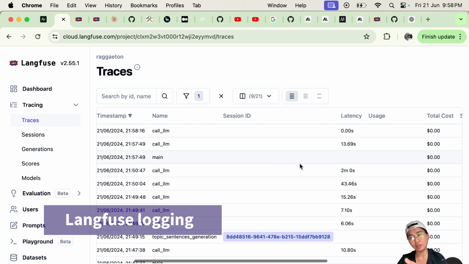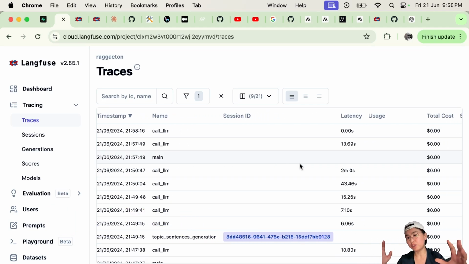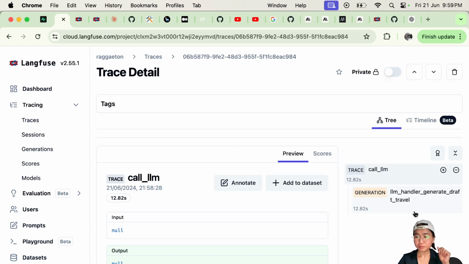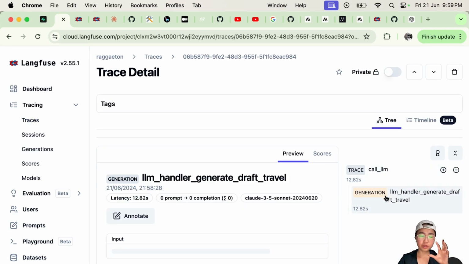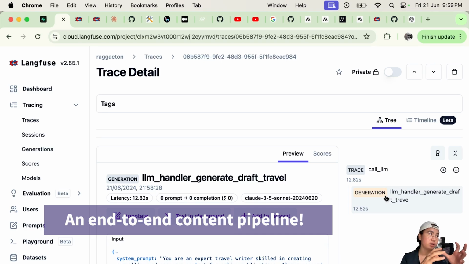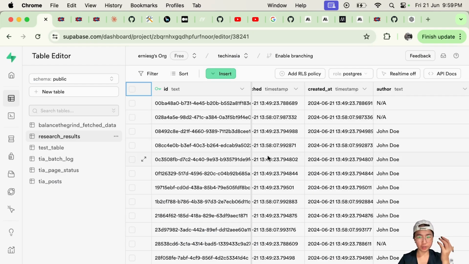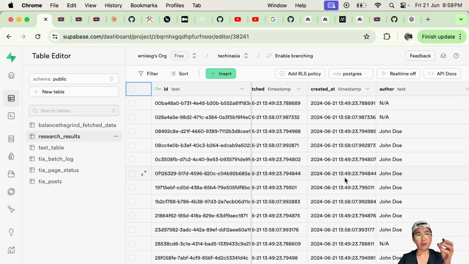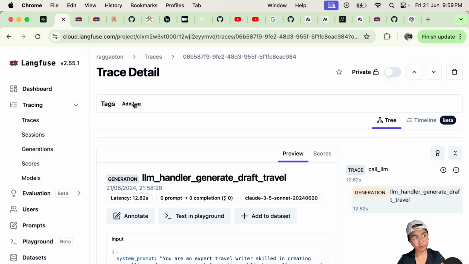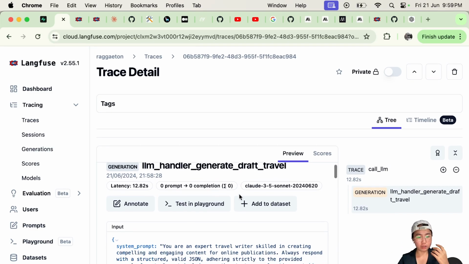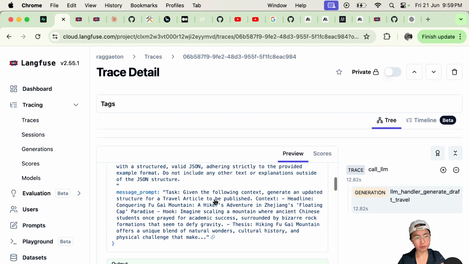So you can actually look at things like how much time it's taking. The cost doesn't seem to quite work for the latest Anthropic model because I think that's been released less than 24 hours ago. And it's going to go through this whole process, from doing research for us, saving the research into the database like this, and then doing the retrieval, and using that retrieval as the context to generate your draft. For example, as you can see over here,